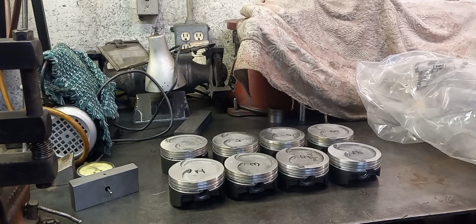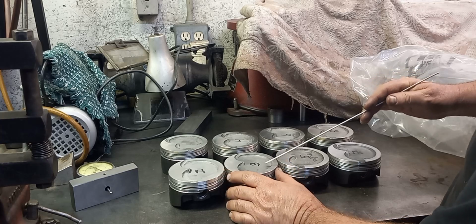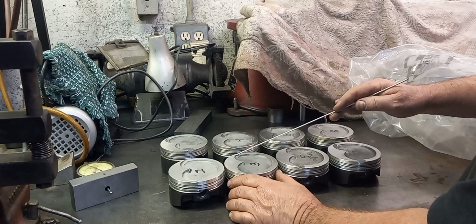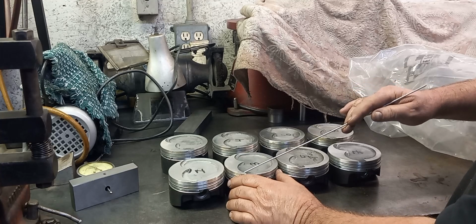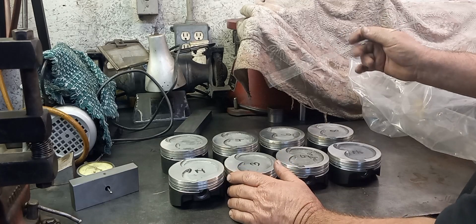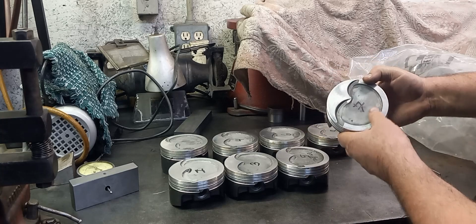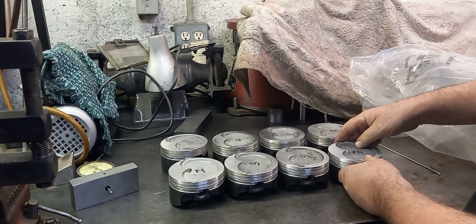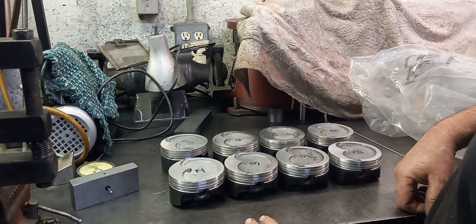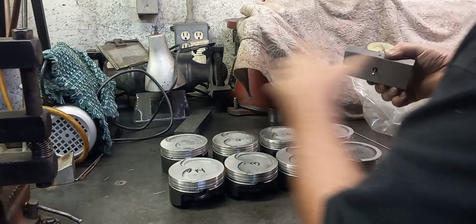Okay, we got all the pistons all done. I'm definitely going to deburr them, but I don't know if I'm going to buff and polish them up on the buffing wheel. I use a black compound on the buffing wheel, and what it usually does is it breaks a lot of these edges that are hard to get, but you can do that with a Scotch-Brite or a DA. I started to break the edges on this one. So I might just hit it with a file and some sandpaper, maybe a Scotch-Brite. I don't know if I'm going to buff them, but they need to be prepped, but basically we got them all milled, and